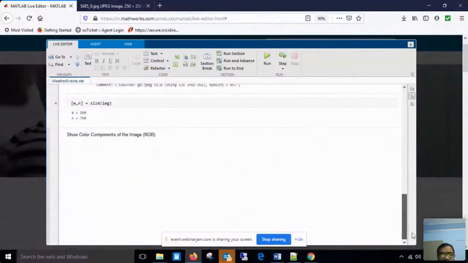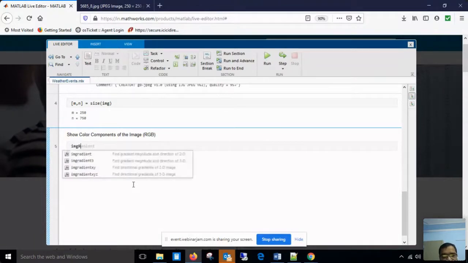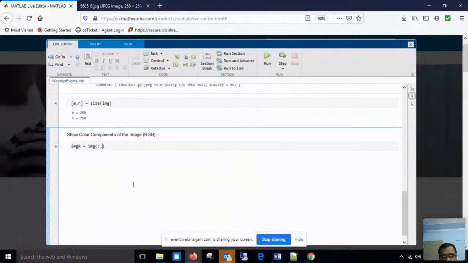If I just want to identify what the red component looks like in this image, what I will do is take another matrix, img r equal to img, that is my actual matrix, colon, that is irrespective of the first dimension, comma, colon, irrespective of the second dimension, comma 1.